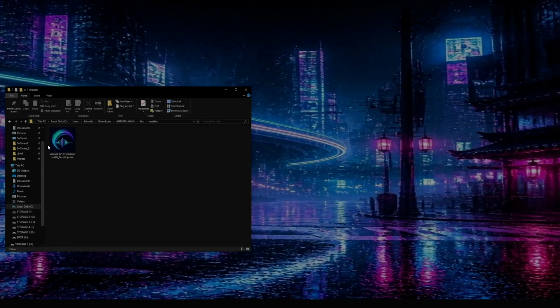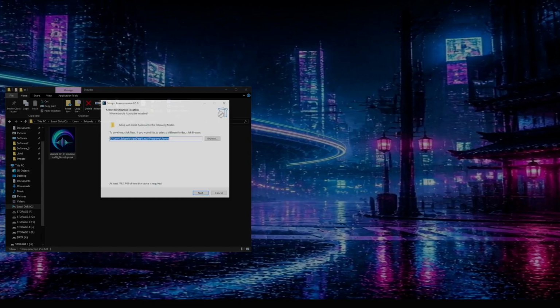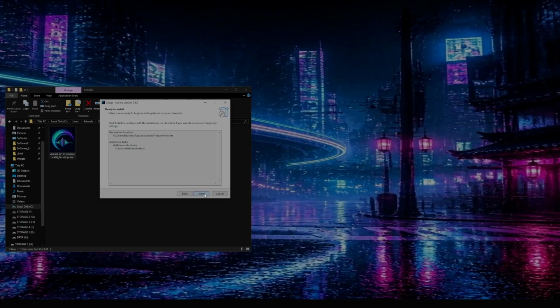There it is. Here's the installer, and let me double click it. Okay, and let's do the Windows thing now, right? Next. Sure, why not? Let's create a desktop icon. Next. Install.